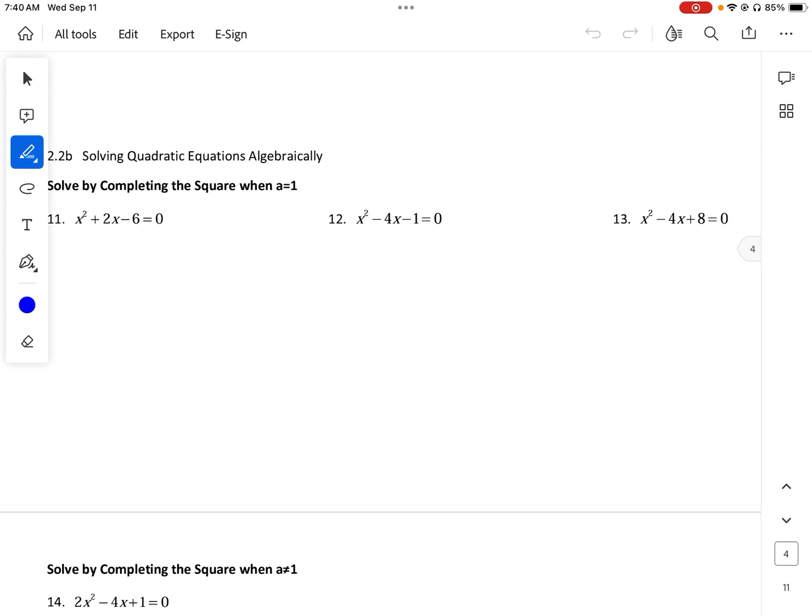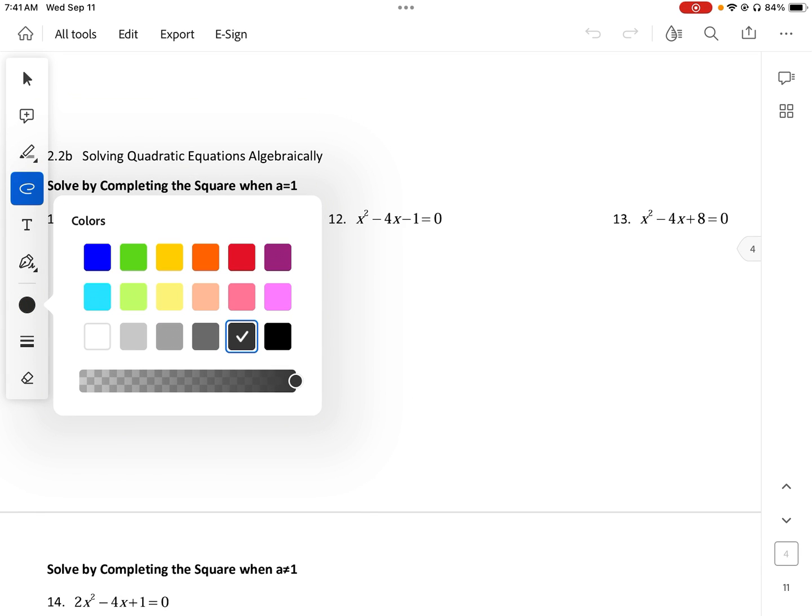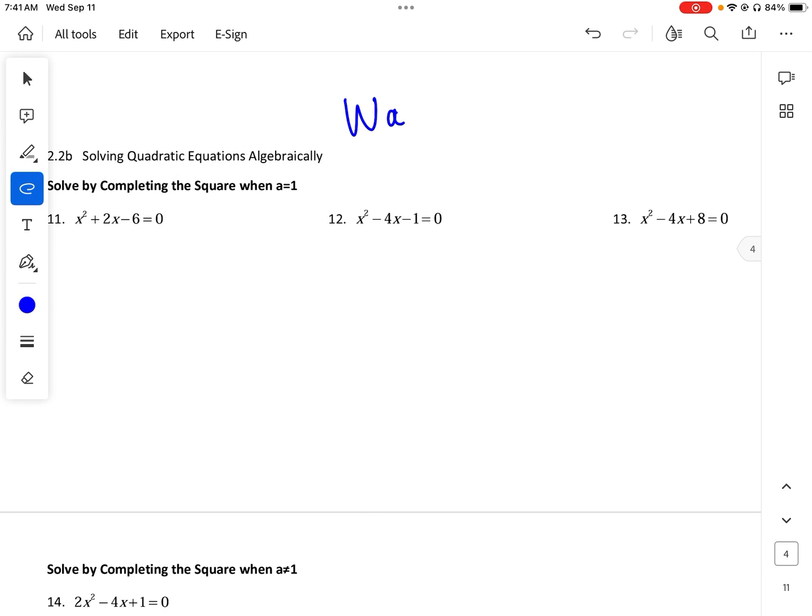Okay, so we are going to solve quadratics using completing the square today. So let's look at how we do that. This is what we want: something like this, plus or minus, it doesn't matter, something squared equals some number. That way we can extract our squares, do the square root on both sides, just like we did on that